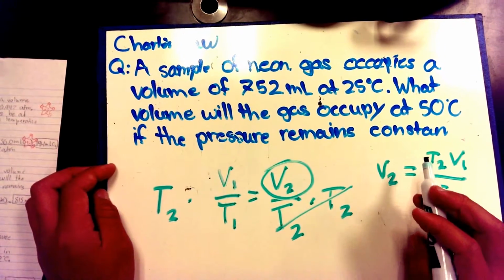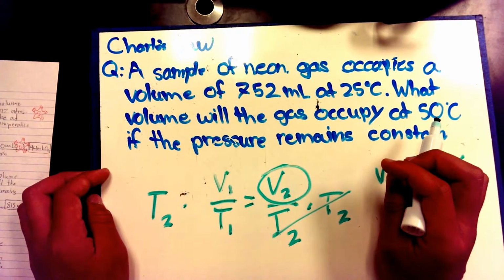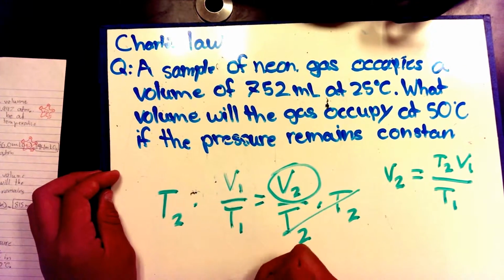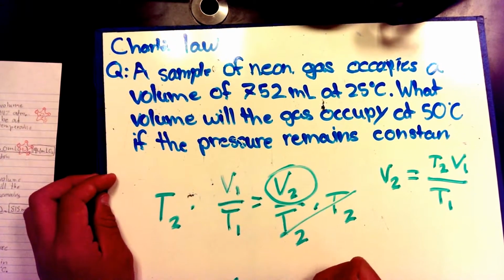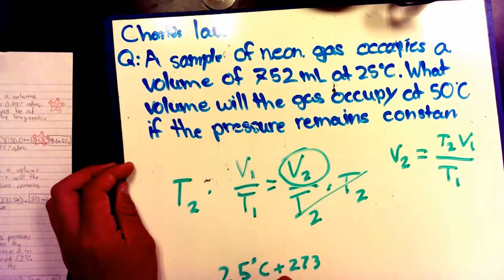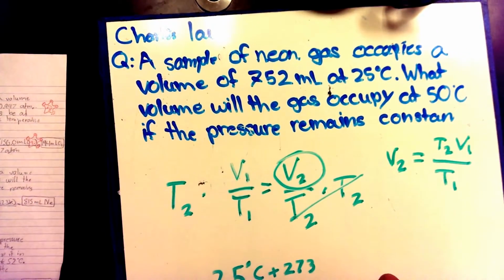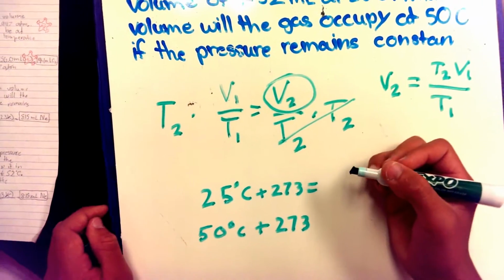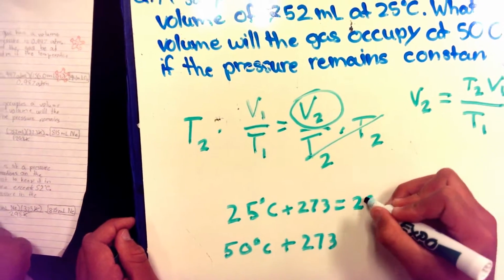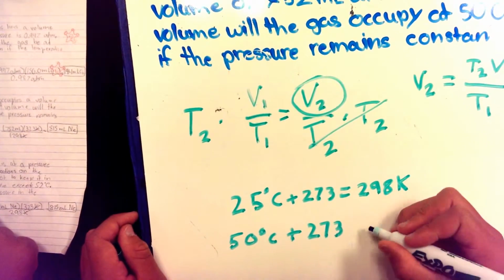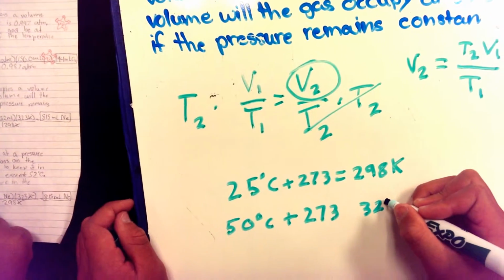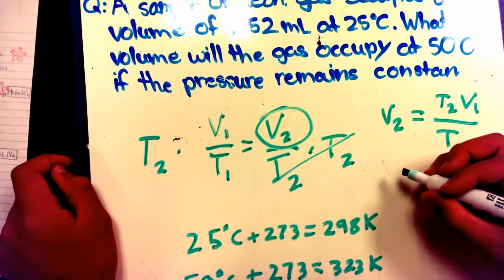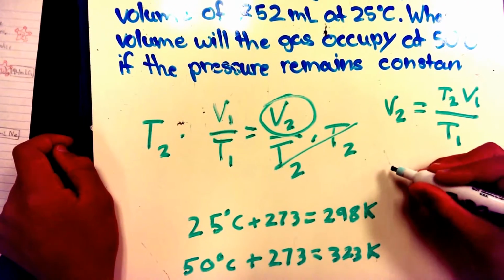And before you plug it in, the degrees always have to be in Kelvin. So you add 273 degrees to the initial temperature. And so what you're going to get is 298 degrees Kelvin and 323 degrees Kelvin. And so now that you plug it in, it will be